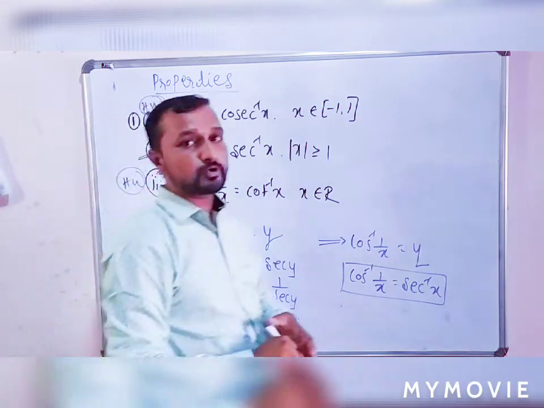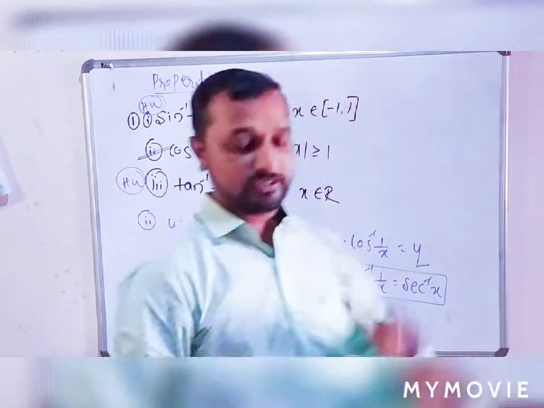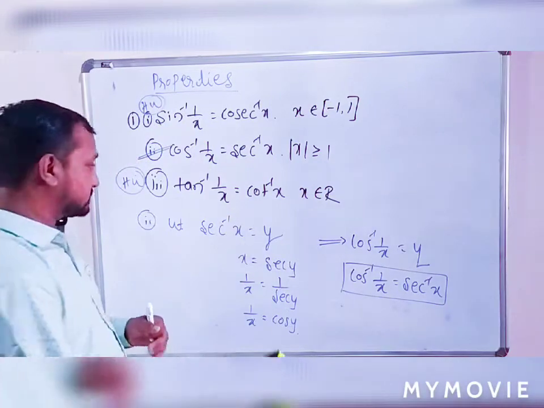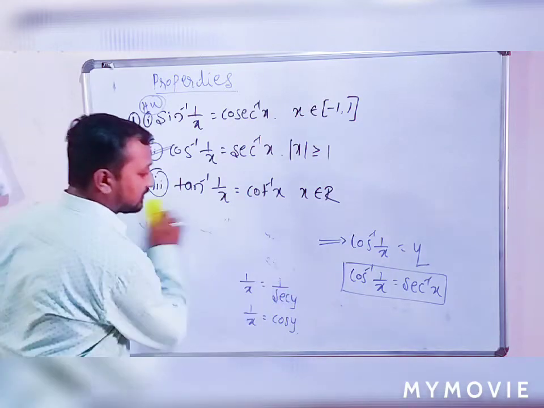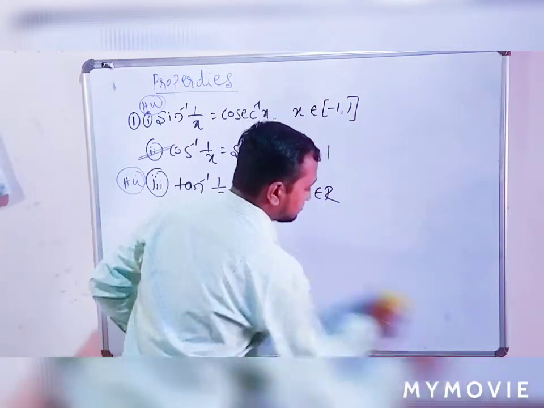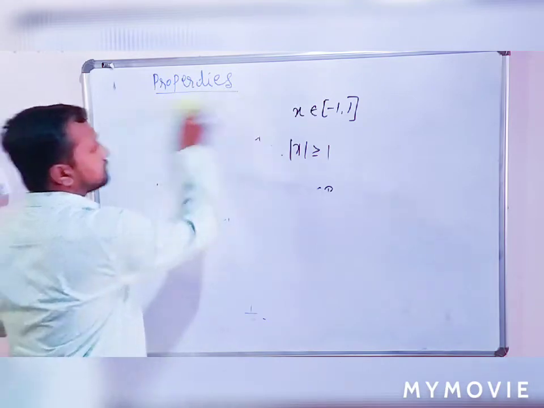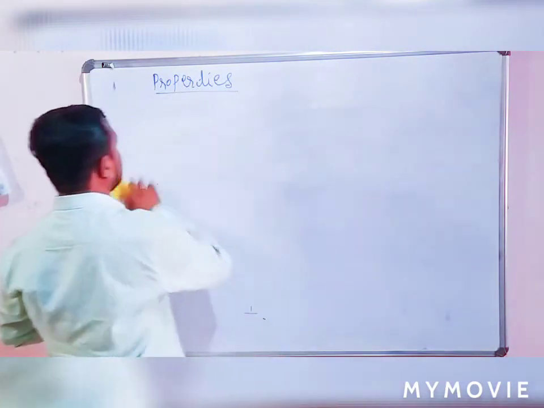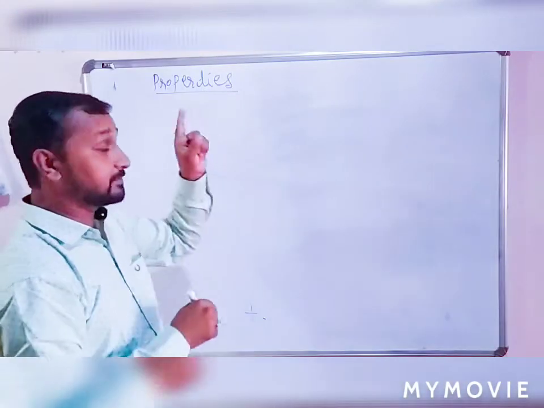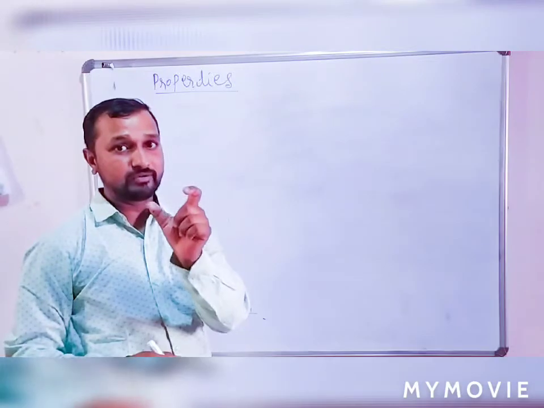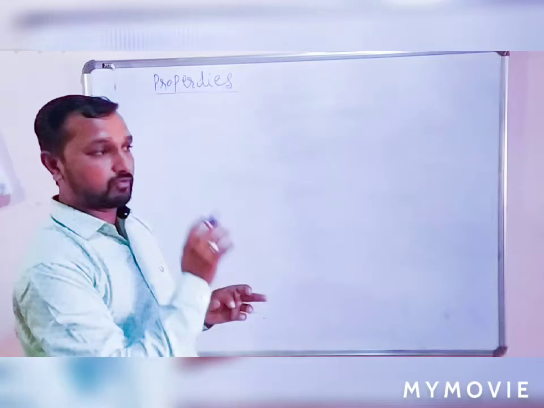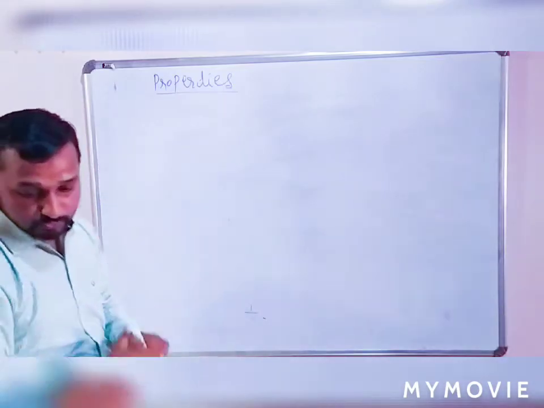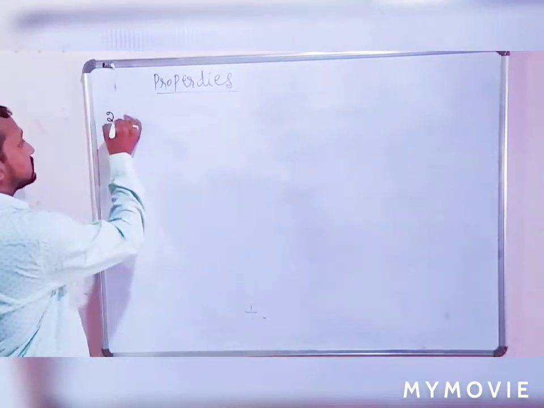Now this is the first property of inverse trigonometric functions. Let us consider the next. Note this down and work through it. Next, the second property set, which helps in finding principal values. In the previous example we considered that, so this property is very useful there. Property set 2.